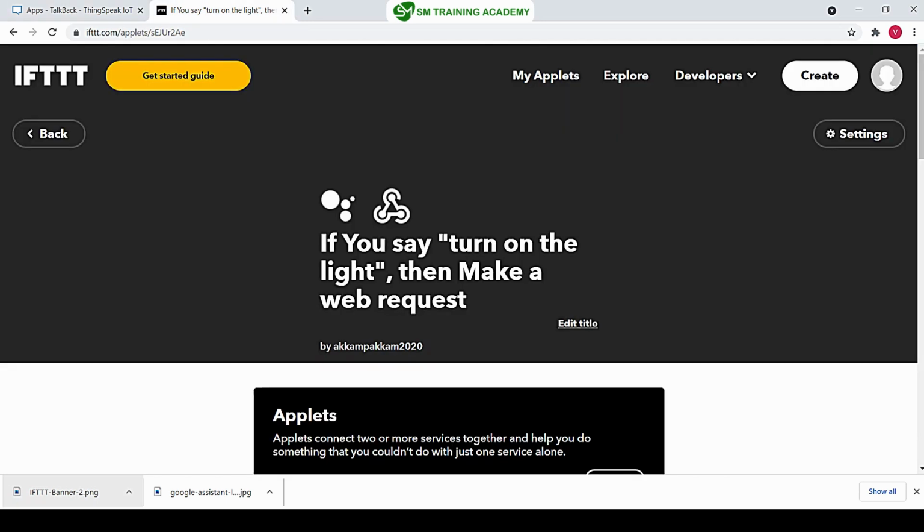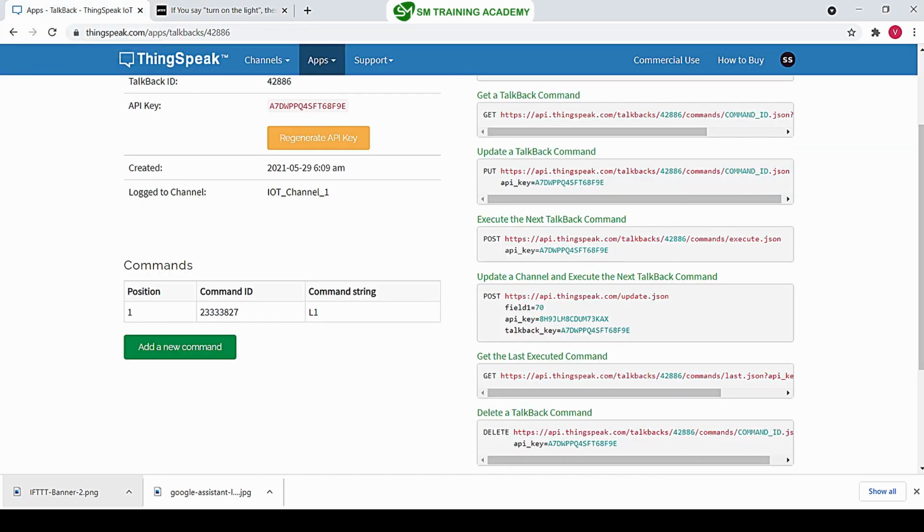So when I say turn on the light or light on to my Google Assistant, which is linked to this IFTTT, I will be getting this command string available in this command ID